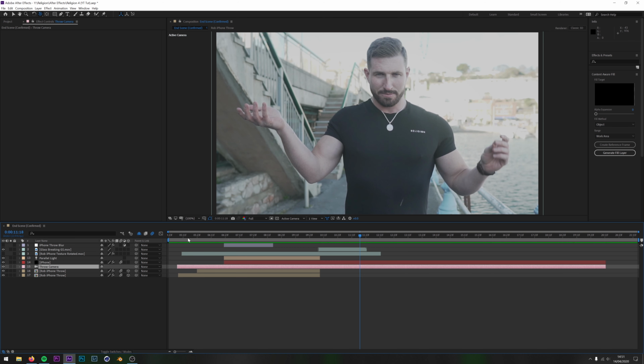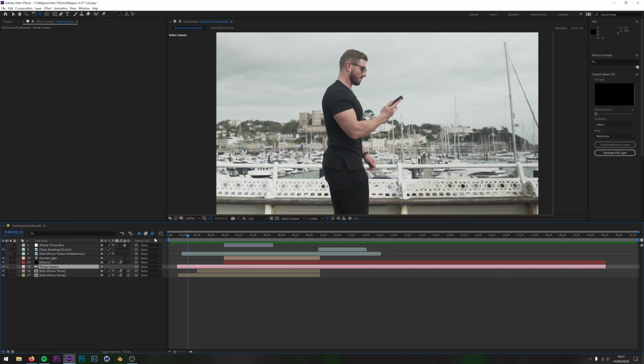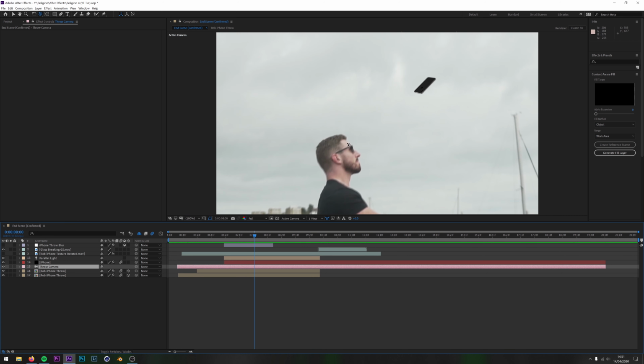and that's it, guys. The only other thing you'll probably notice is the fact that I've used motion blur. Motion blur was for the phone, and I've enabled motion blur for Rob throwing the phone. So from this position, if I was to turn motion blur off, you would see that it's not as smooth. Having the motion blur on just gives a nice sort of realistic effect, whereas when I had this off, it just didn't give it quite the effect I wanted.